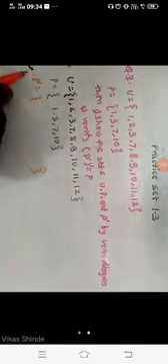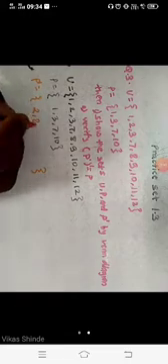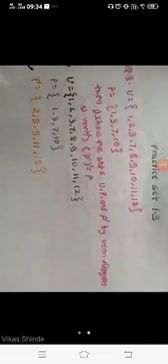P dash means apart from these numbers 1, 3, 7 and 10, the remaining numbers in the universal set are P dash, meaning P complement here. So write the remaining numbers 2, 8, 9, 11 and 12 here. Okay, now we have to show these sets by using a Venn diagram here.